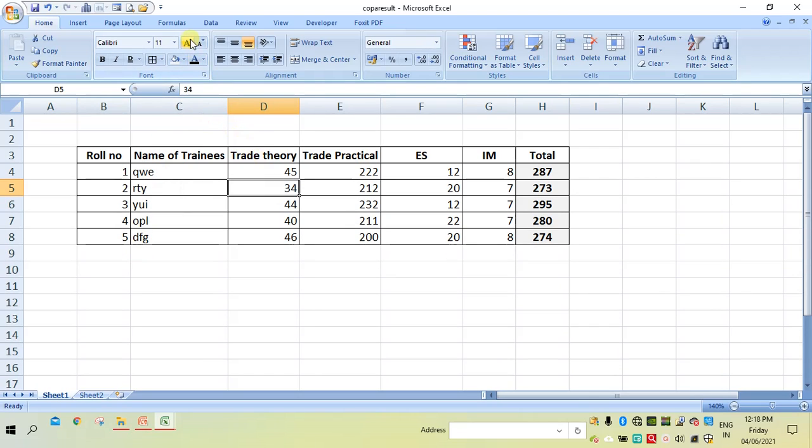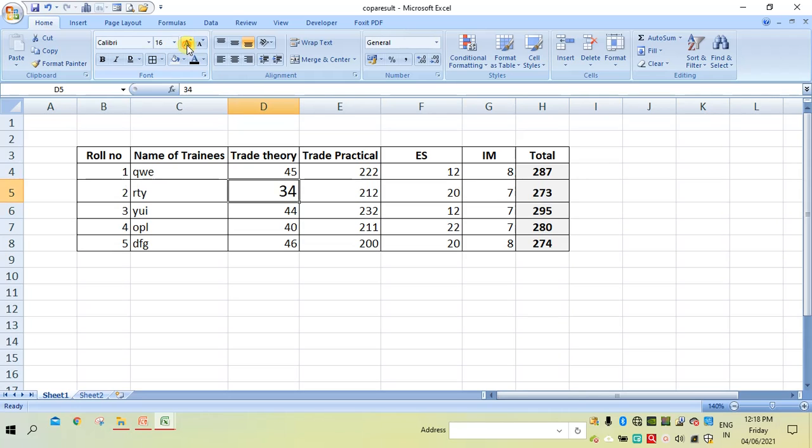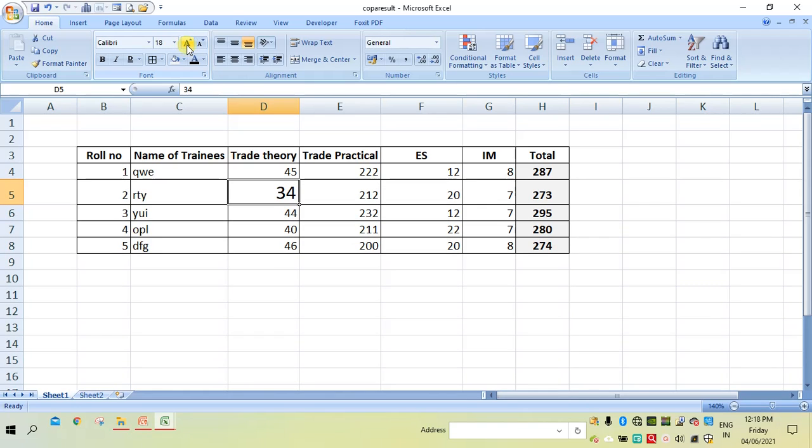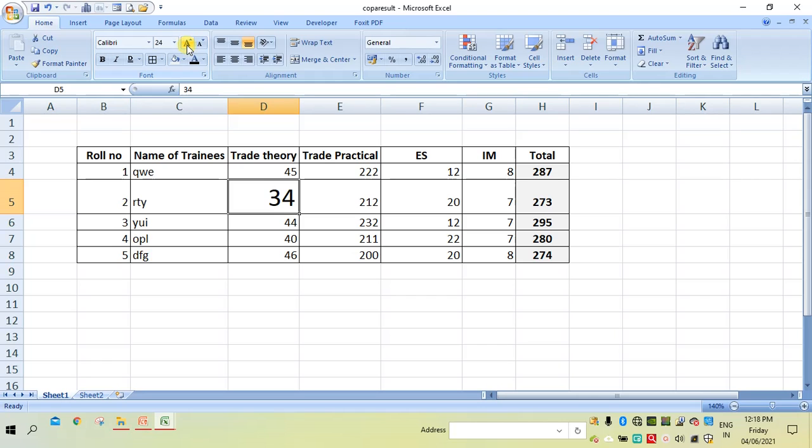Similarly, using these two buttons, we can either increase or decrease. For example, if you press this, it will increase by 1. Similarly, if you want to decrease the font size, then click this.